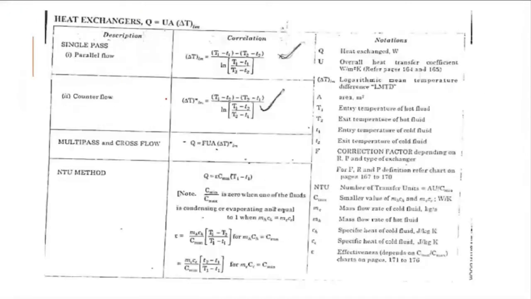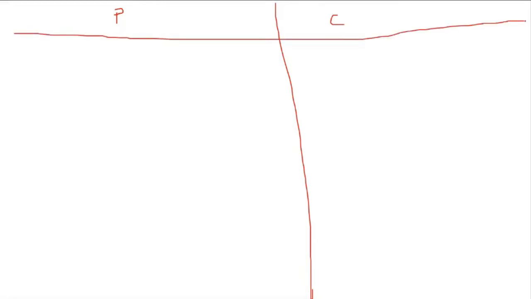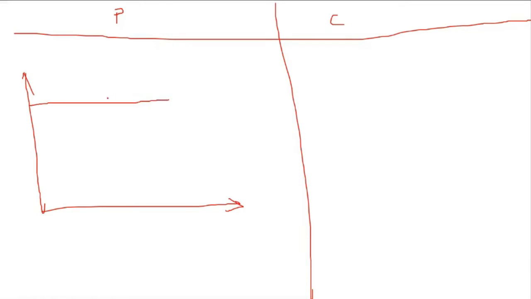I will redraw the diagram. I'll just introduce a screen over here. So I'm going to draw the diagram for two cases. First is parallel flow type, second is counter flow type. In both cases, condensation of the hot fluid will be taking place. So we have a hot fluid whose condensation is taking place. It means it will be entering like this and moving in this direction, and the temperature for this fluid will be constant. Is this part clear to all?